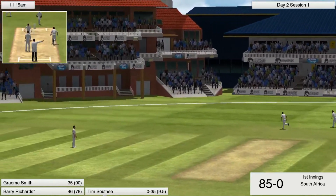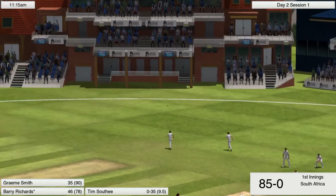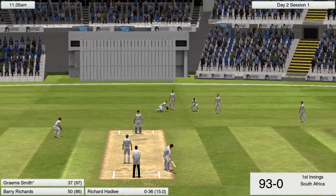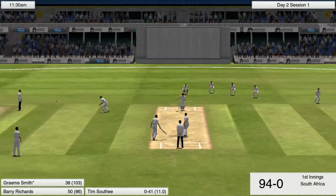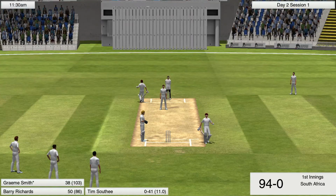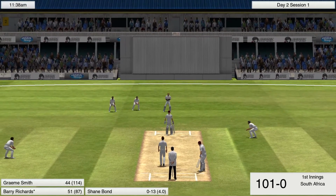Oh, that's too short from Southee. He's leaking runs this morning, and that 4 will bring up the 50 for Barry Richards. This has been a very good innings for South Africa. Oh, that's nice bowling. Smith flirted at that one. An attempted bouncer from Southee, but Graham Smith easily got on top of that and has pulled it away for 4 more. That's 100 up for South Africa as Bond comes on from the Kirksall Lane end, and that's a